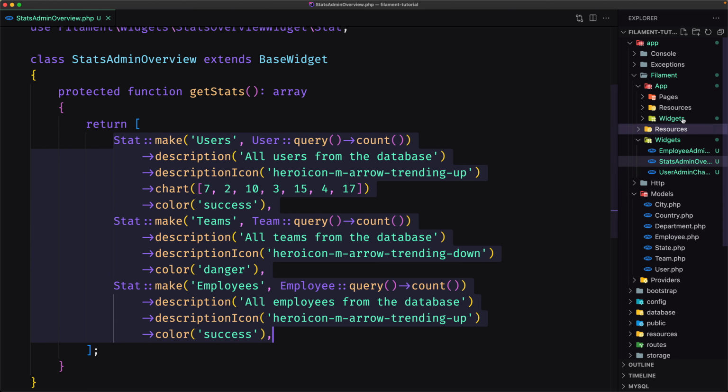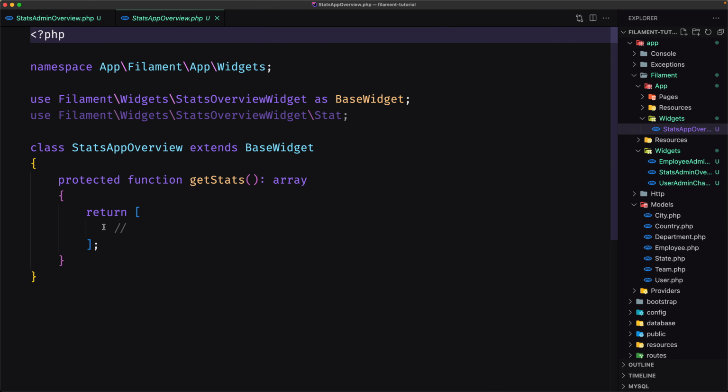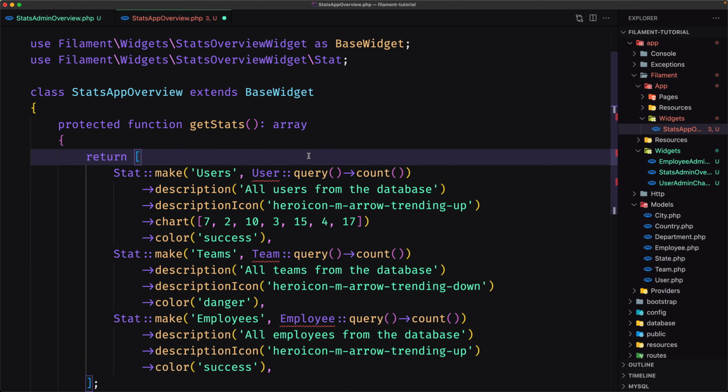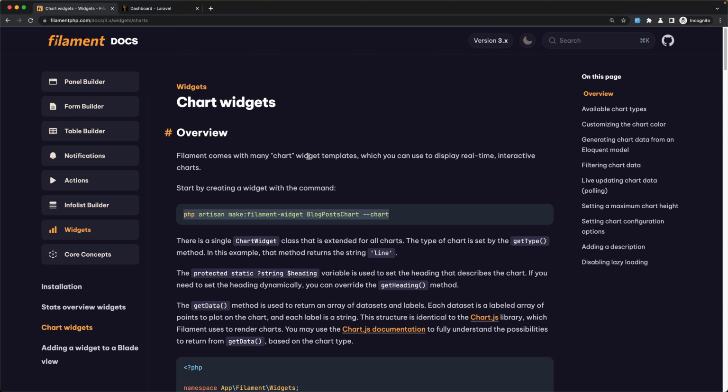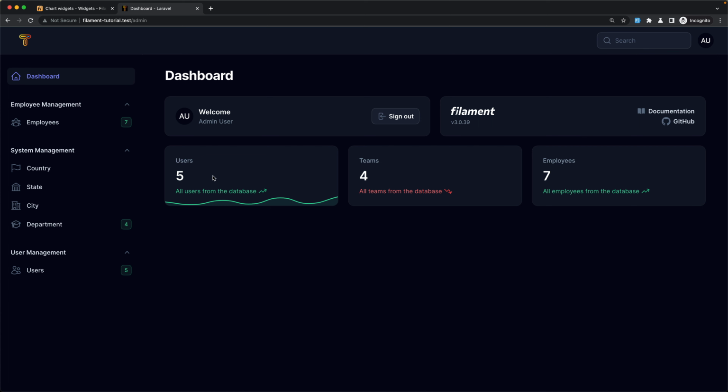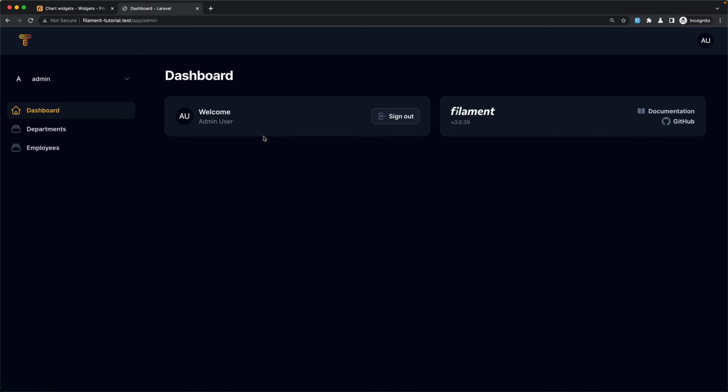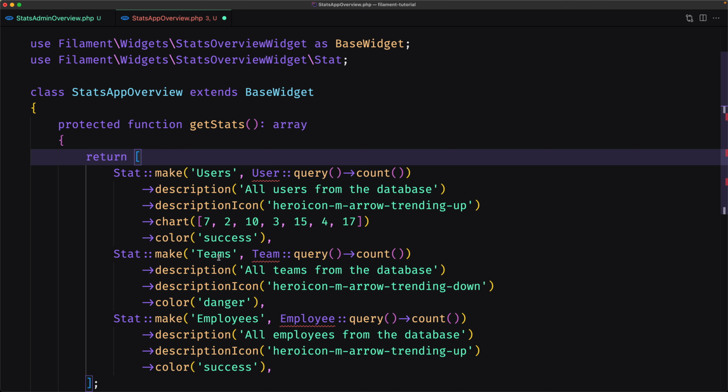And let's open now the app widget. And here I'm going to paste this one. Let's close this. And now on the admin, if we go to the dashboard, what I want to display, I want to display not the teams, I want to display employees, I want to display here departments,